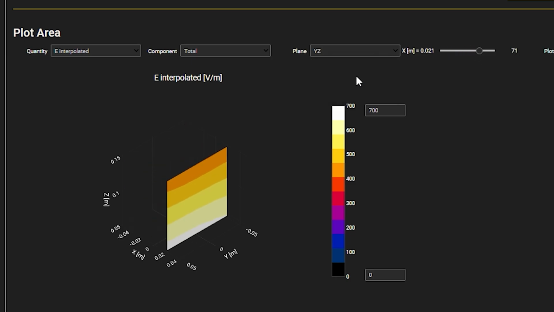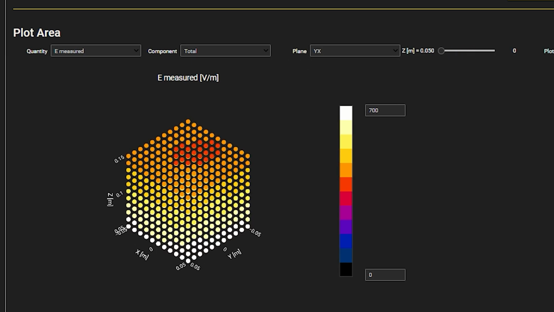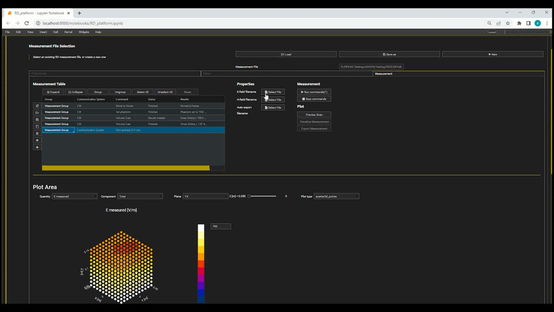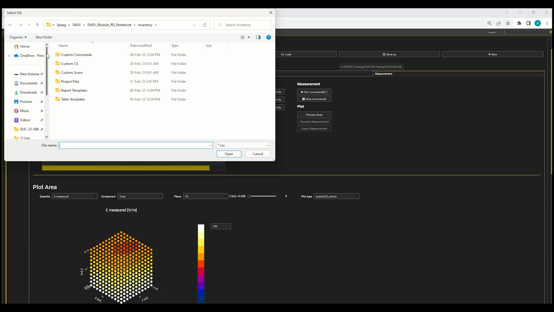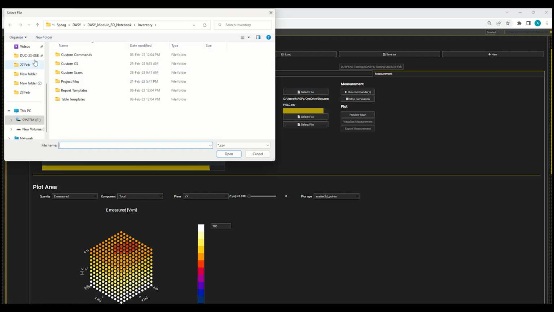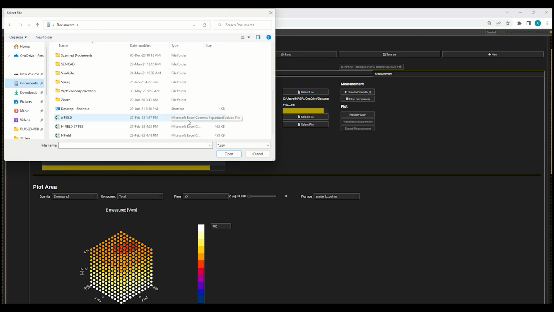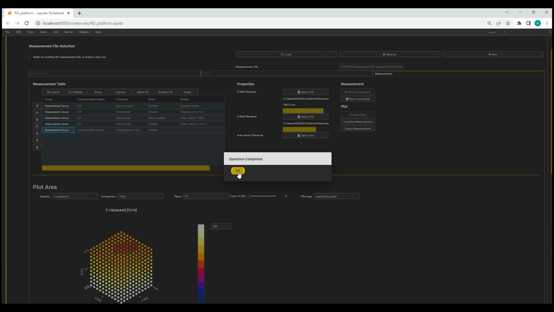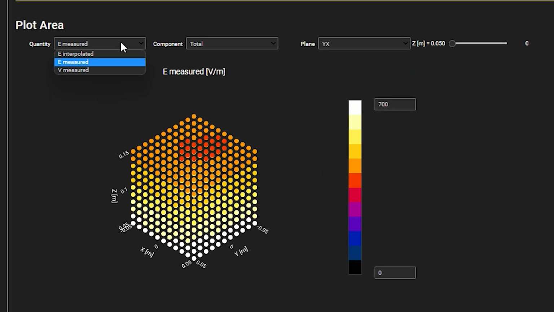To calculate and display the field impedance plot, I click the post-process EH scan field command and set the correct files for E and H field export from previous measurements. Now, I run the command. This command calculates the field impedance at each measured point as the ratio of E and H field values.